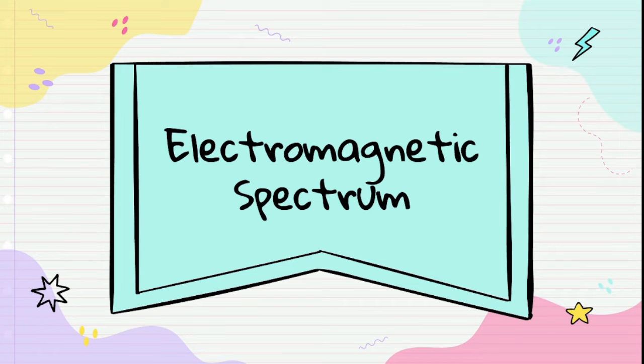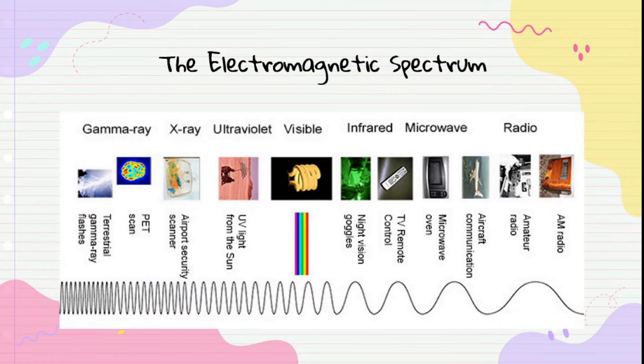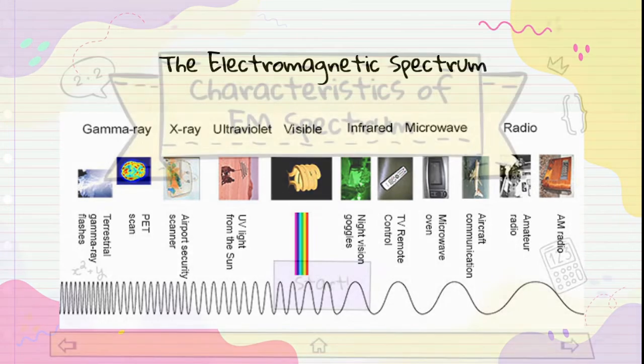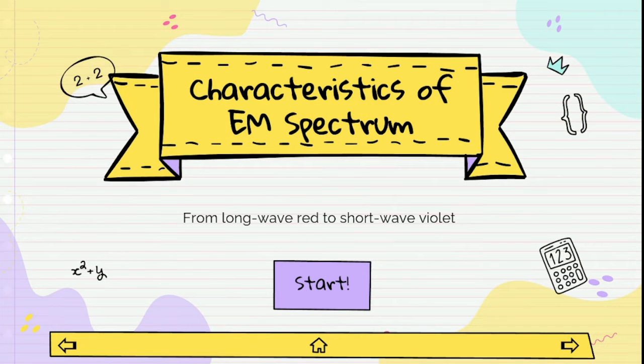Let's move forward to the electromagnetic spectrum. The electromagnetic spectrum is composed of gamma ray, X-ray, ultraviolet, visible, infrared, microwave, and radio wave. From long-wave red to short-wave violet, let's now determine the characteristics of each region of the electromagnetic spectrum in terms